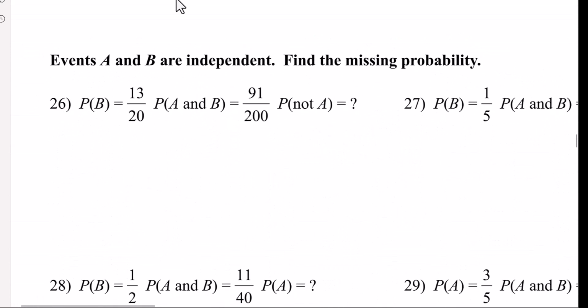So now it's telling us that events A and B are in